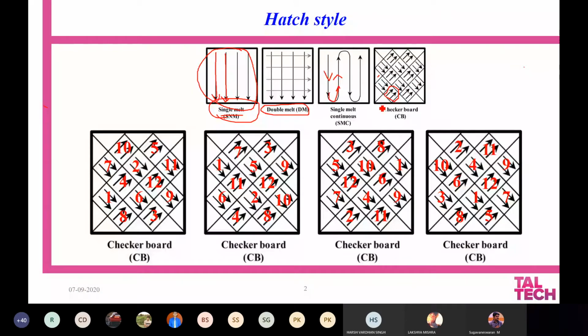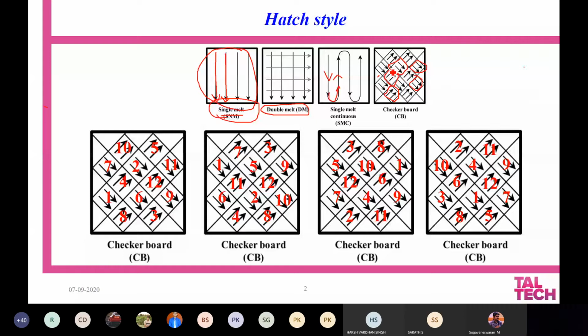And if you go to the next layer, probably you have a rotation of 67 degrees or 74 degrees or even 90 degrees between two layers, and each single melt will have that kind of rotation between two layers. Apart from that, each island can be melted in a different fashion you wish. For example, in the first case you are melting this portion first, then you jump to this island here, then you melt the island which is isolated here, then you go to an island here.